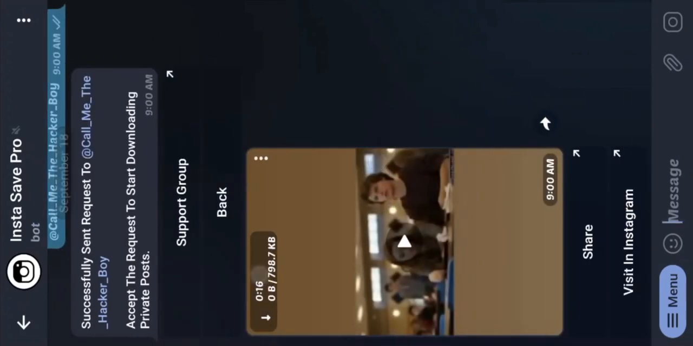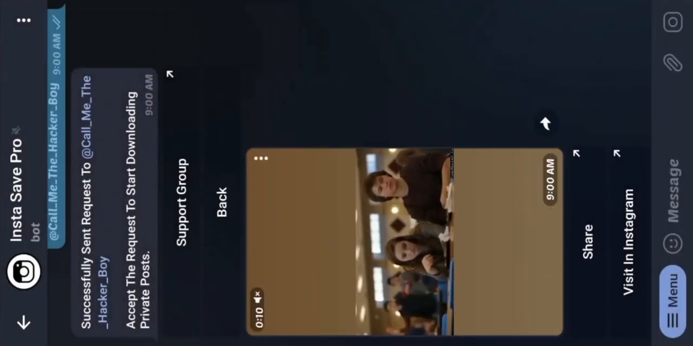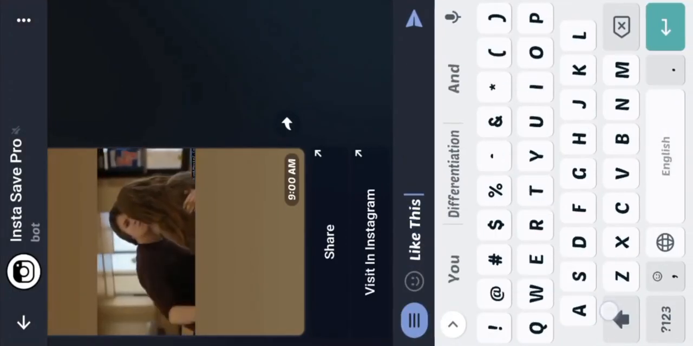Now successfully downloaded story from the private account without login. Sorry, just for show. Like this you can download all